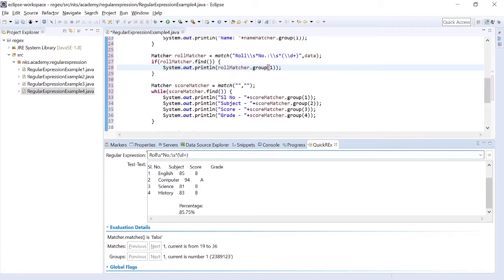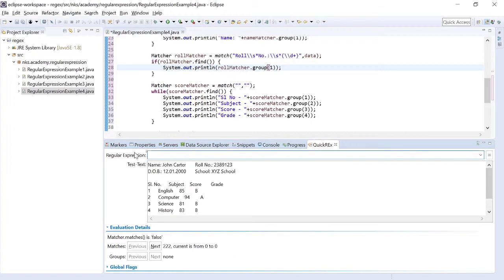So how we can do this is, we can see it is starting with a digit. We will do slash d. I will keep it in a group. Now in this example we will see the concept of multiple groups. So see this, I'll do a slash s star, then we are having the subject. Okay, now we will create one another group for the subject, and it will be a word.